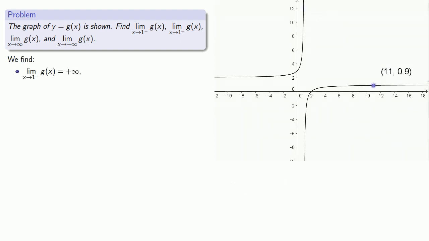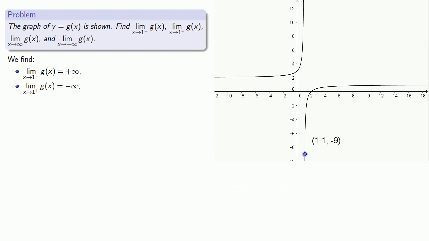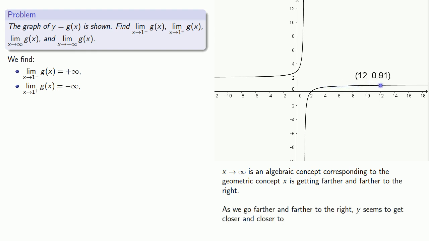On the other hand, as we approach 1 from the right, our y-coordinates seem to get more and more negative without limit, and so we might conclude that the limit as x approaches 1 from above is negative infinity. How about this concept of x going to infinity? Well, this is an algebraic concept corresponding to the geometric concept x is getting farther and farther to the right. And we see that as we go farther and farther to the right, y seems to get closer and closer to